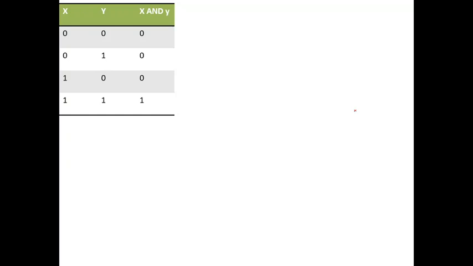That we see. Now consider the AND gate with combinations of zeros and ones. 0 and 0 is 0. 0 and 1 is 0. 1 and 0 is also 0. And 1 and 1 is 1. Already everyone knows this AND gate. I am just representing it in a two-dimensional plane graph. I am writing the coordinates 0, 1, 0, 1. Now 0, 0 is 0. 0, 1 is 0. 1, 0 is 0. 1, 1 is 1.